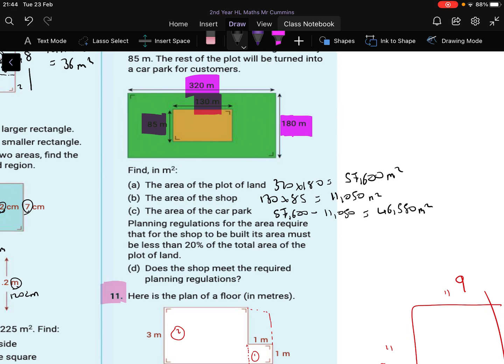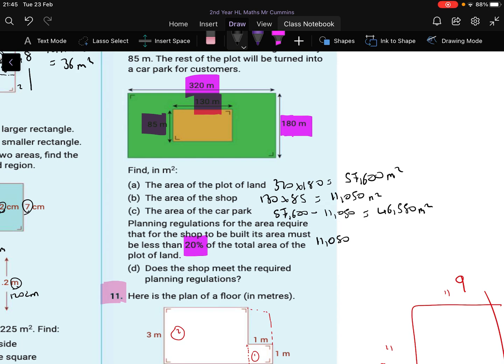And planning regulations for the area require a further shop to be built. Its area must be less than 20% of the total area of the plot of land. Okay, so the area of our shop there must be less than 20% of the whole plot of land. Does the shop meet the requirements? Okay, right, so we're looking for a percentage here. So we take the area of the shop first. The area of the shop is going to be, what did we say in part B, is going to be